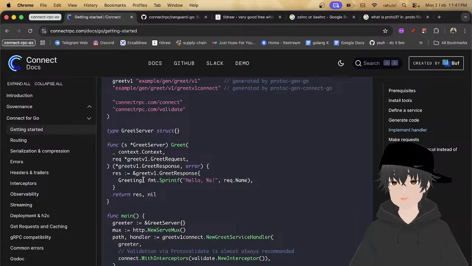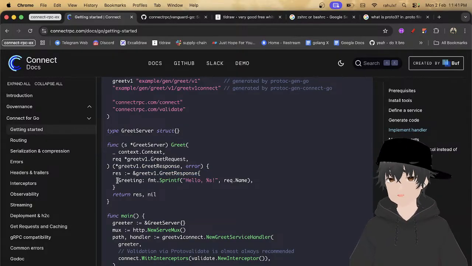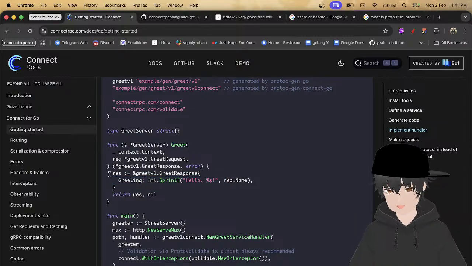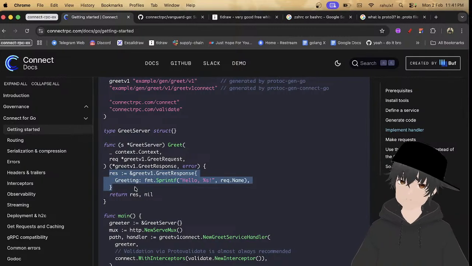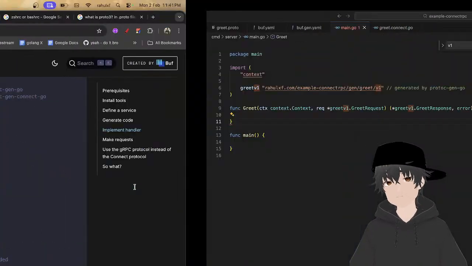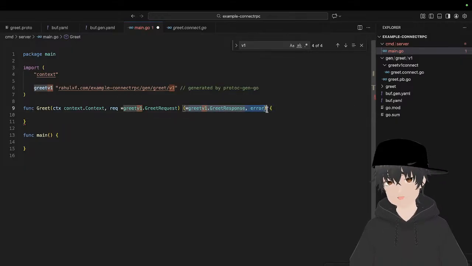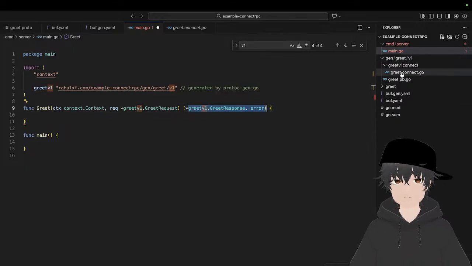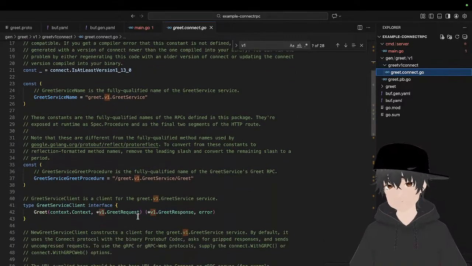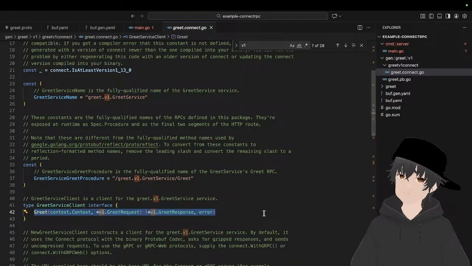What we are just calling is greetv1.GreetResponse, and then just returning that. This is not a sudden change when we will be using the greetv1 connect one, because you need this one to be expected. But if you go here and find out, this one is a bit different.